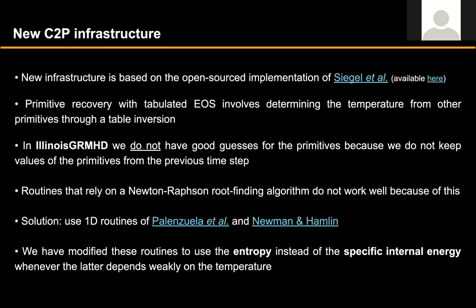Now, in IllinoisGRMHD, we do not keep track of the primitive variables in the previous time level. That means that we do not have good guesses for our primitives at the current time level. And therefore, routines that require a Newton-Raphson solver, which are typically 2D routines or 3D routines, which require the solution of multiple